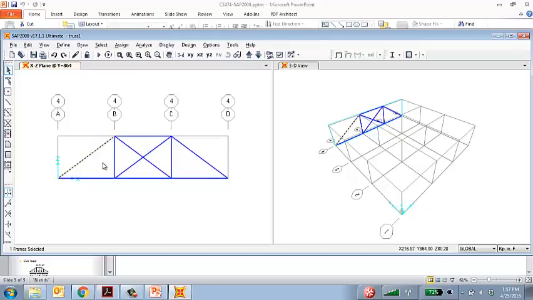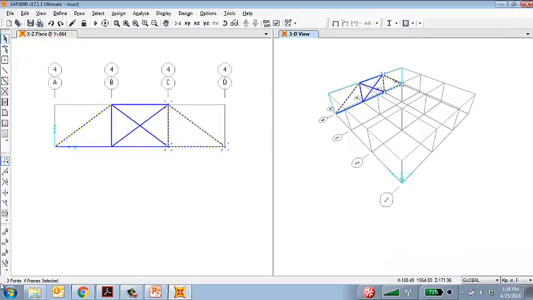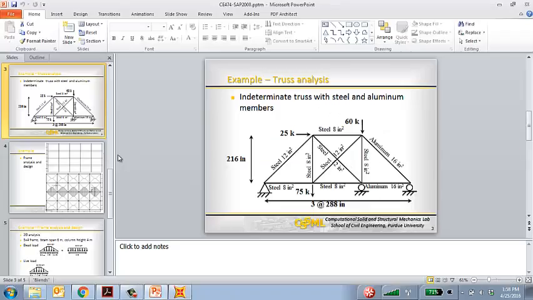If you select from right to left, it will select anything that you touched. But if you are going from left to right, it will only select those that are completely included. For example, now it's not selecting, but if I do that, those members will be selected. Okay, so if I clear all selection and 12,